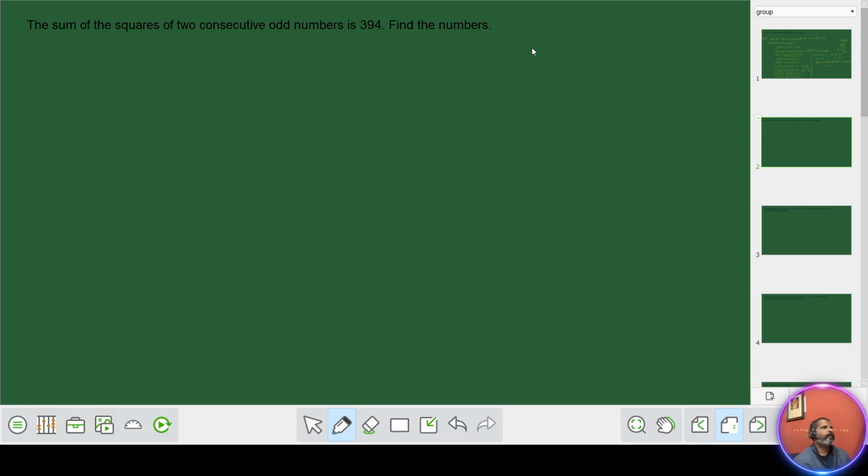The sum of the squares of two consecutive odd numbers is 394. Find the numbers. We are given two odd numbers' squares and their sum is 394. So we don't know the numbers. So first assume the numbers. Let's assume the two consecutive odd numbers be